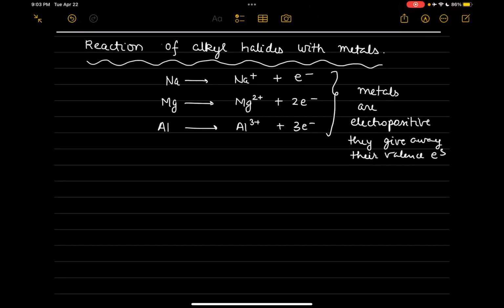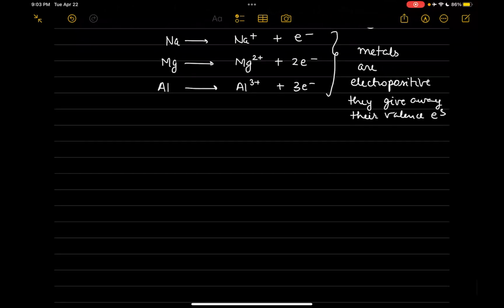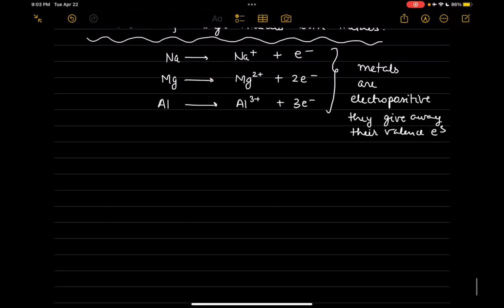Together with their valence electrons. So metals are electropositive or they are electron donors. That we know. So what happens with the metal when an alkyl halide is added? So this is half of the part of the story. The other half is that we are dealing with alkyl halides. So alkyl halide, suppose if you take CH3Br,